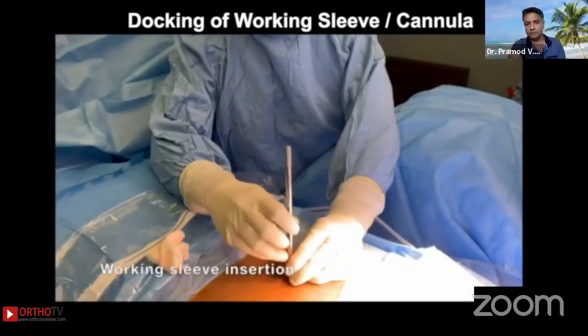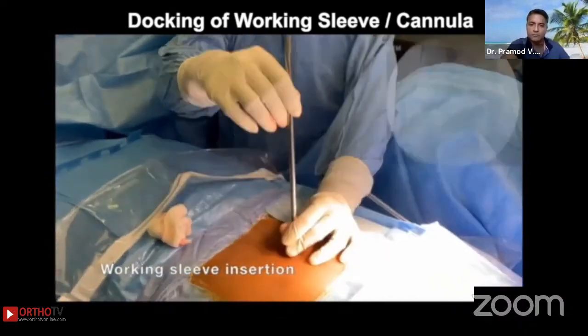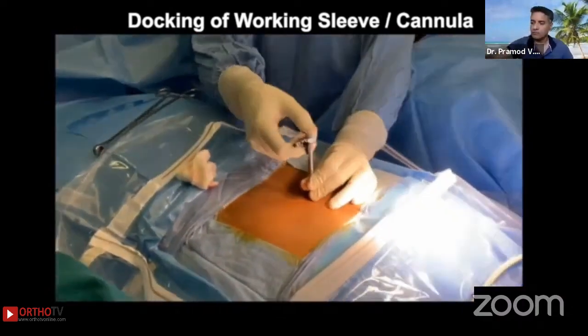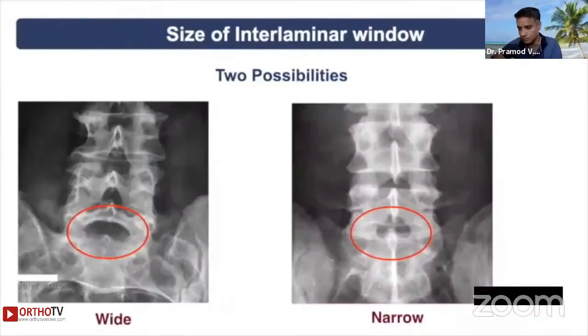Once the position is confirmed, the working sleeve is then slid over the dilator and the final position is checked and confirmed, and this completes the docking process of the working channel. Once the cannula is in position,